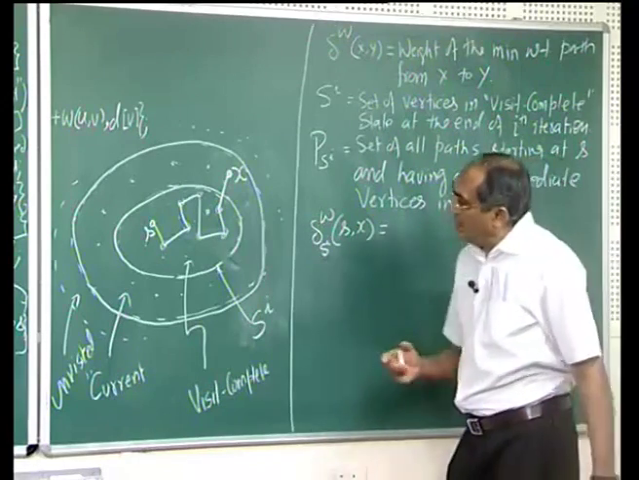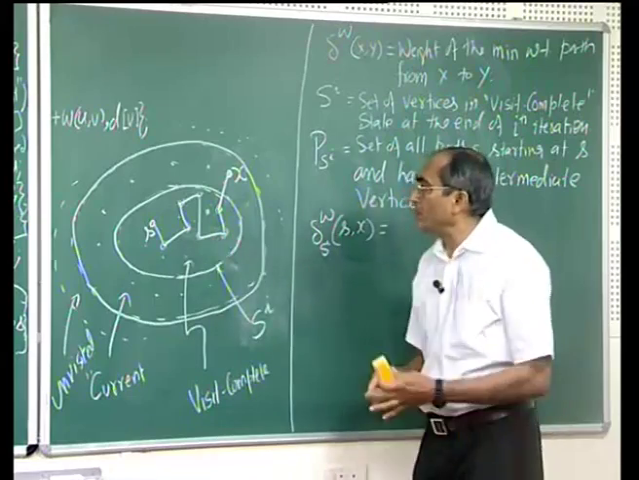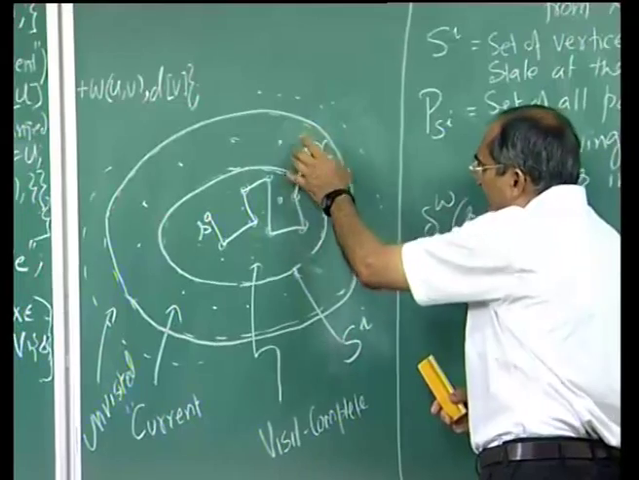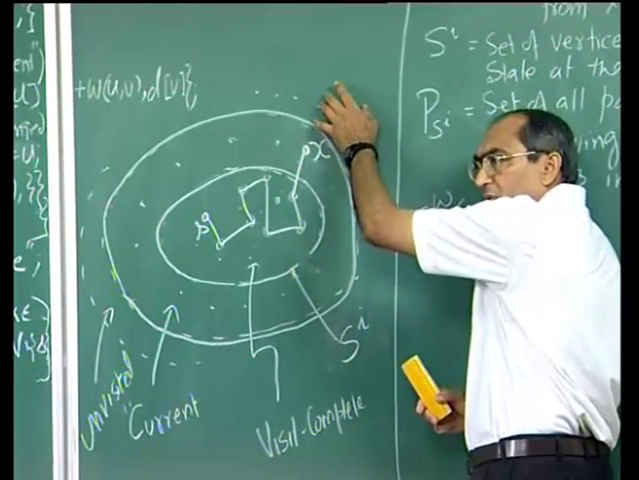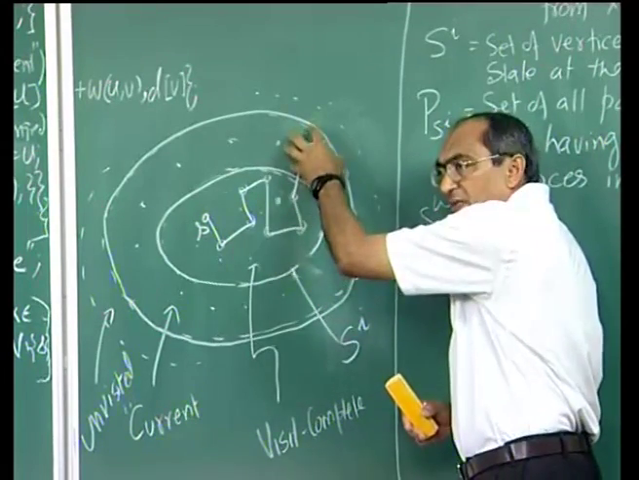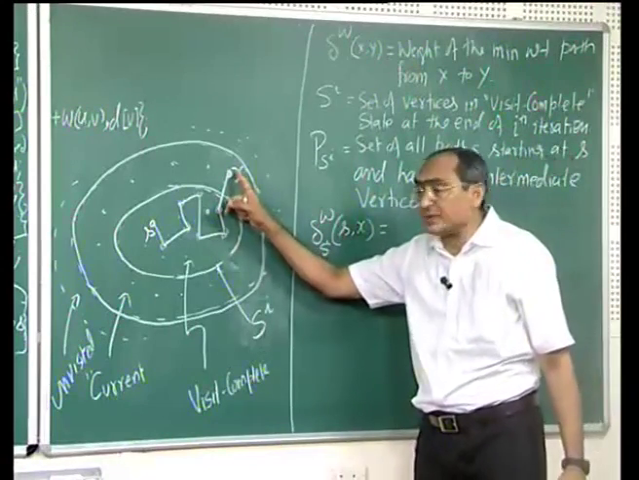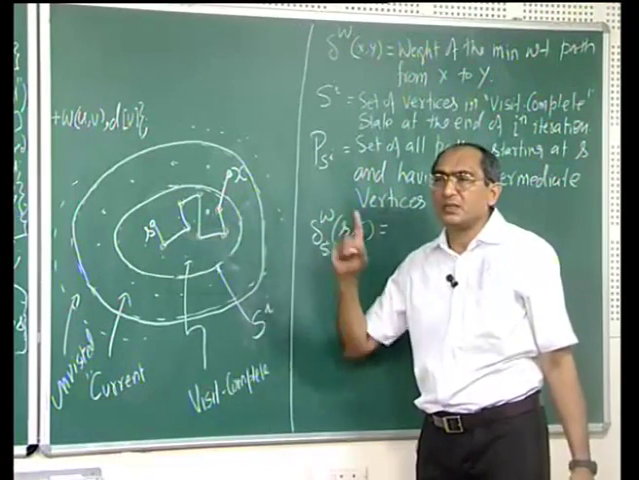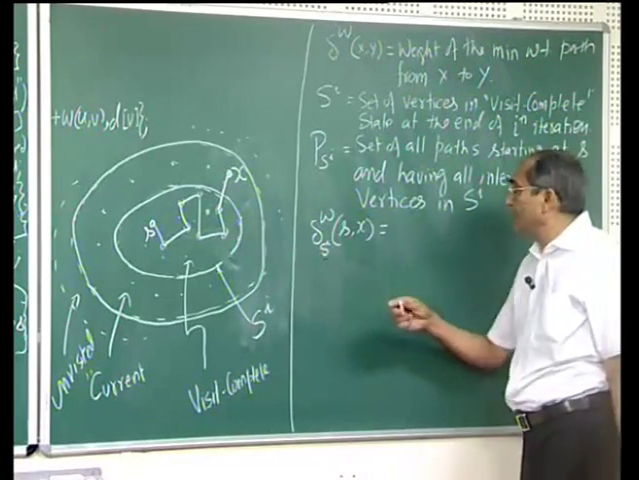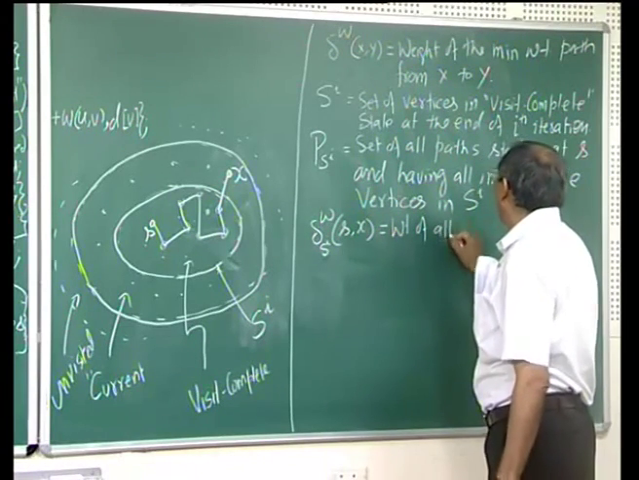Now, if I consider all such paths from S that end up in X, X could be here or could be here, you can't go here of course, and all the vertices except the last one are inside Si. Among all the paths which end up in X, what is the shortest path? What is the path with minimum weight? That is this weight. So, the weight of all paths